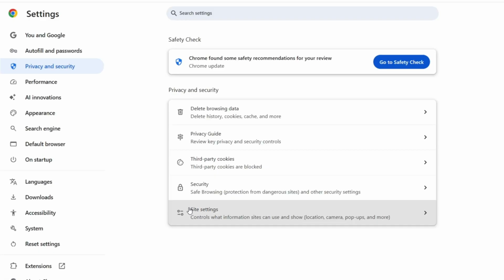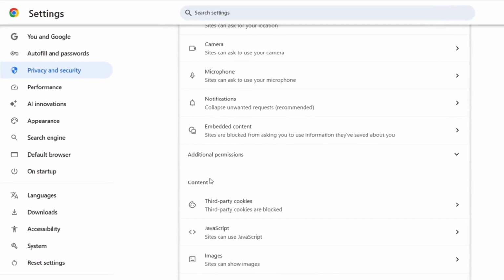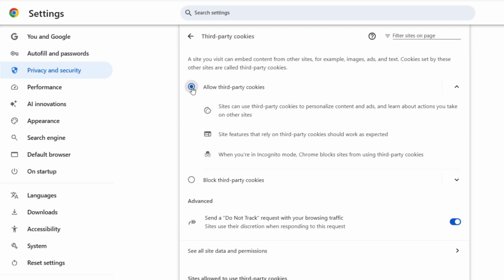Go to Site Settings. Scroll down until you see third-party cookies under the content portion. Click that one, and as you can see, they are blocked. Click Allow Third-Party Cookies. So in this way, websites can personalize their contents and ads and learn about the actions